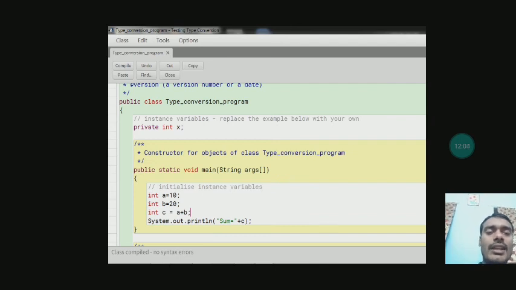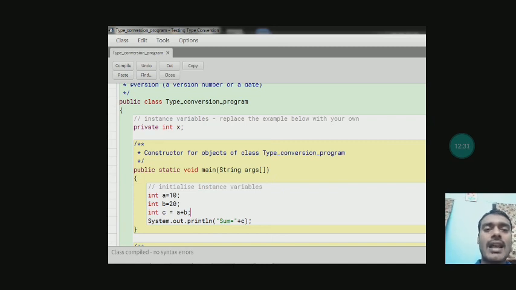int c equals a plus b. In variable c, both the values of a and b are being added, and I am going to print the value which is obtained after processing.